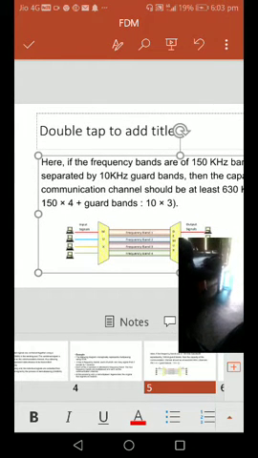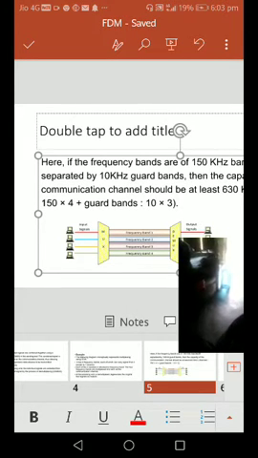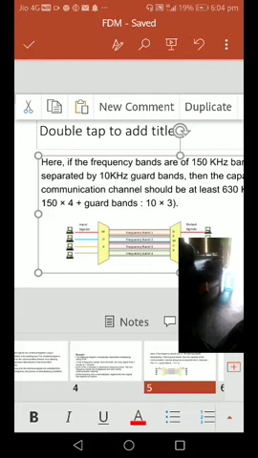Each band is 150 kilohertz. One user takes a 150 kilohertz frequency band, the second user takes 150, the third user takes 150, and the fourth user takes 150. That means 150 into 4,